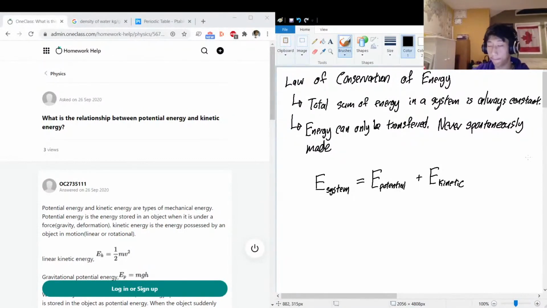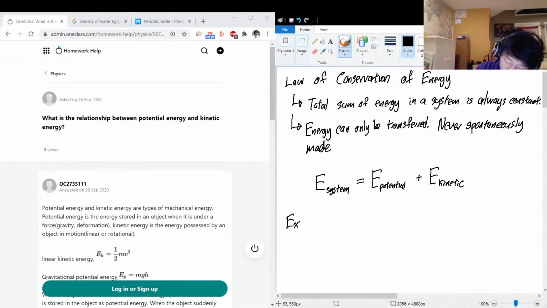Okay, let's make an example out of this. Let's say I'm throwing a basketball up in the air and then I'm going to catch it. So the system is the ball, but only after it leaves my hand and I'm no longer touching it. That would be the system. Because while I'm throwing it, I'm a part of the system, and not just the ball itself. So a ball flying straight up.